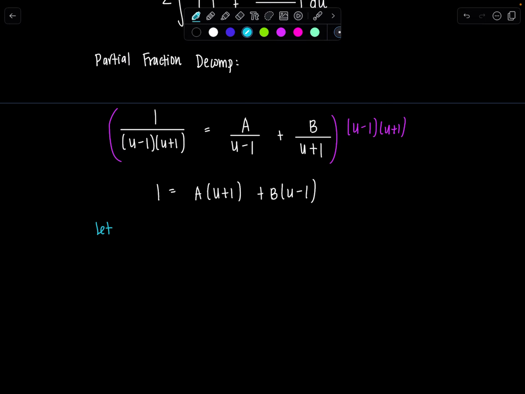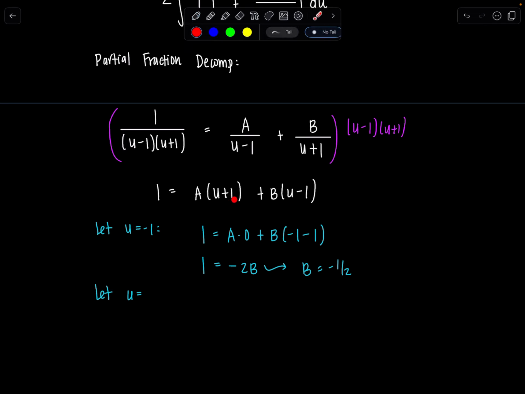So if we let u equal negative 1, on the left-hand side I still have 1 equals a times 0 plus b times negative 1 minus 1. So that means 1 equals negative 2b, so b is negative 1/2. And then similarly, we just repeat the process. So I picked minus 1 because that would make this whole factor 0, and now I'm going to let